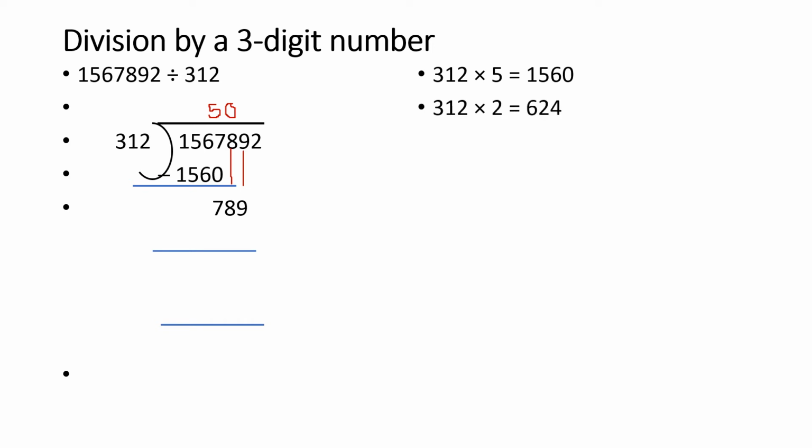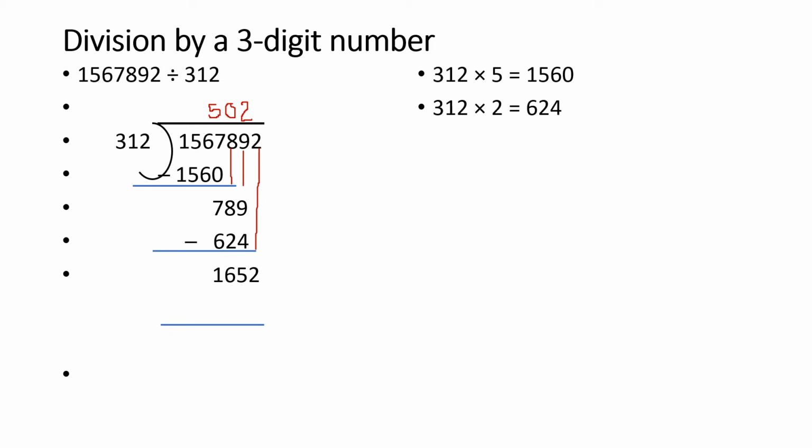312 twos are equal to 624. Yes, so we will write down 2 here and 624 here. We will subtract it and we will write down this number 2 here, and our new number is 1652. Again, estimation: 300. How many 300s can be fit in